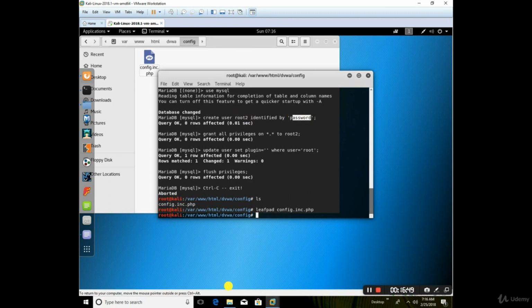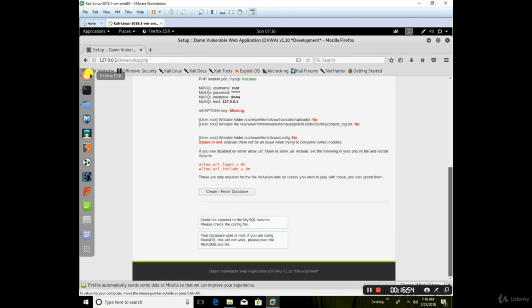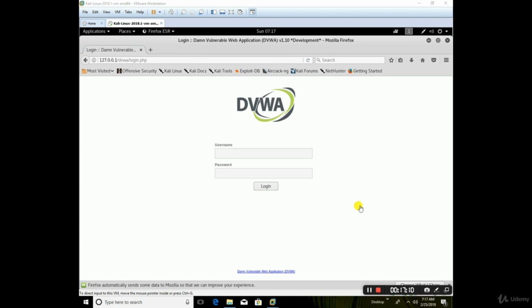Okay, now let's try and go back here. So all the errors that we've seen thus far, we've kind of worked through. So now if I hit the create the database button, it'll work. Because of my slow computer, the button might not work, but the function behind it will work. There it goes. So as soon as I hit that button, it created the database in the back end and it started working. So we need to log in, and the default username and password for Damn Vulnerable Web Application is going to be